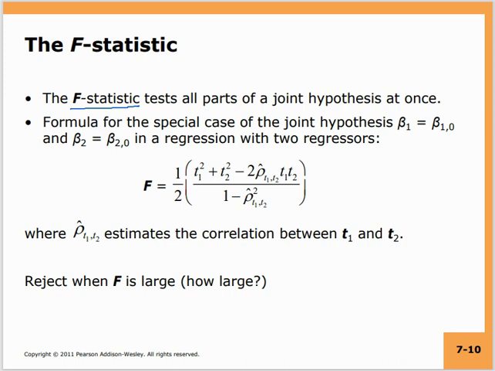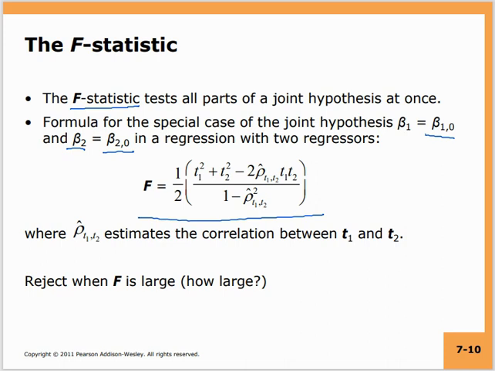The formula for the special case of the joint hypothesis beta 1 equal to beta 1 0 and beta 2 equal to beta 2 0 in a regression with two regressors: suppose beta 1 is equal to some hypothesized value and beta 2 is equal to some hypothesized value. The F statistic will be equal to half of t1 square plus t2 square